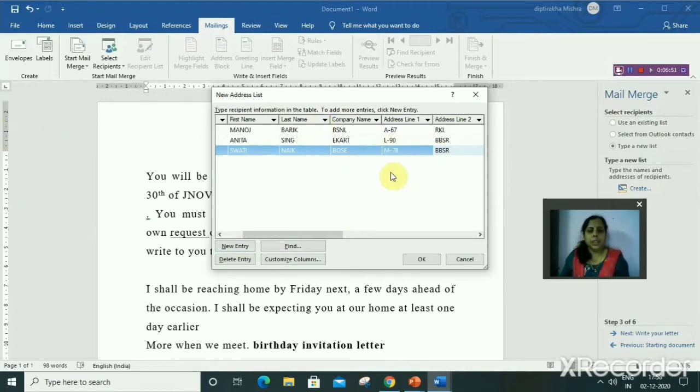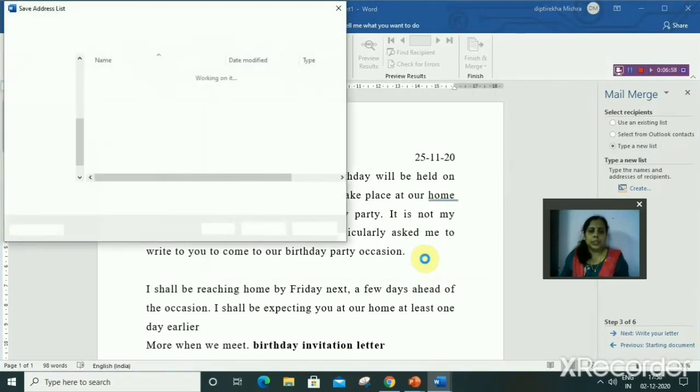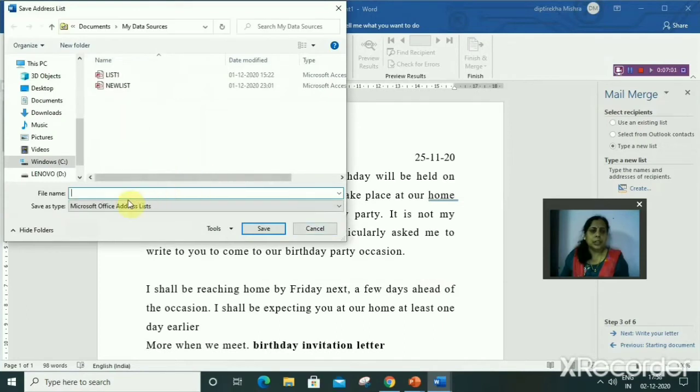You can enter any number of recipient details. Then click on OK. Then save the file. Okay.